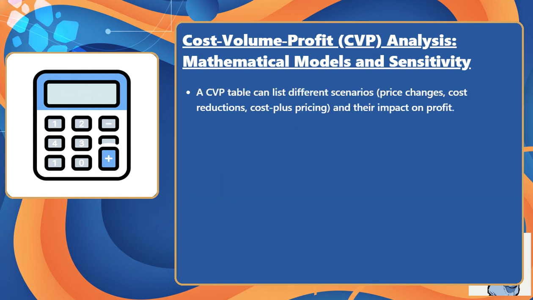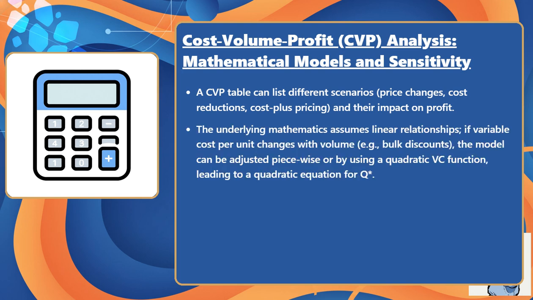A CVP table can list different scenarios: price changes, cost reductions, cost-plus pricing, and their impact on profit. The underlying mathematics assumes linear relationships. If variable cost per unit changes with volume, for example bulk discounts, the model can be adjusted piecewise, or by using a quadratic VC function, leading to a quadratic equation for Q